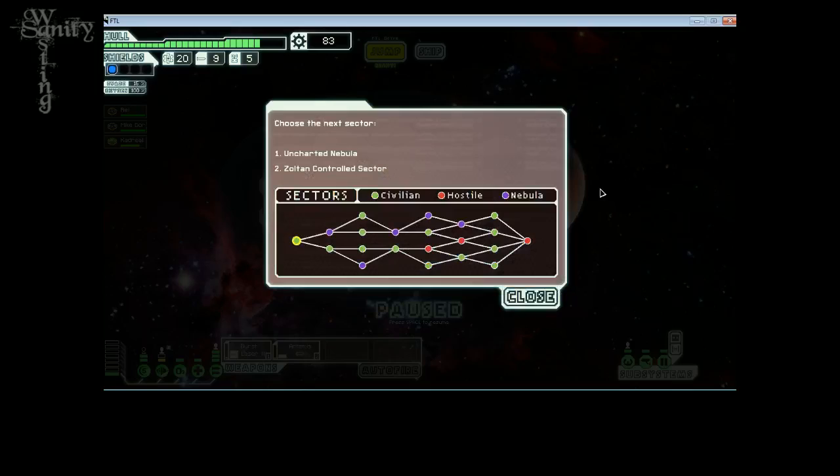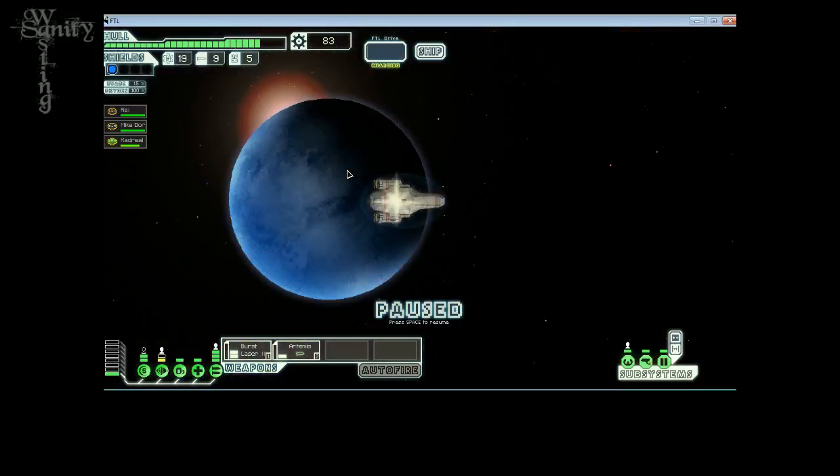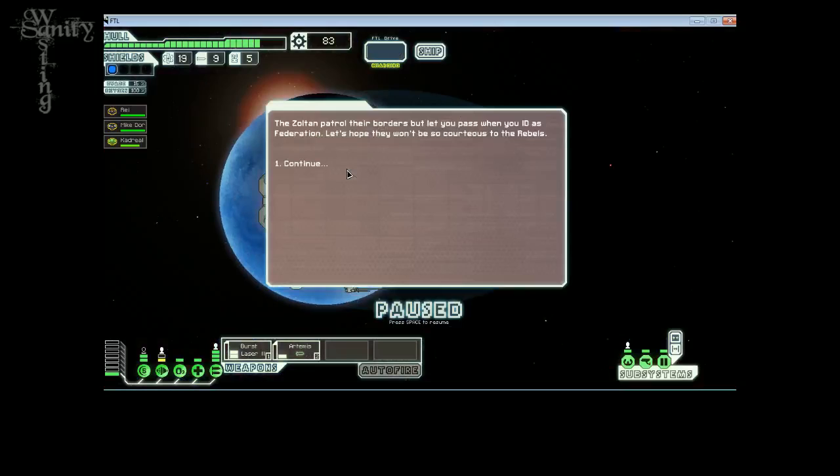I could go into a nebula, which is uncharted, or I could go into a Zoltan-controlled sector, which is more friendly. Let's go into the more friendly sector. I'm not too sure about that nebula. Kind of scary. Zoltan patrols their borders, but let you pass by when you ID